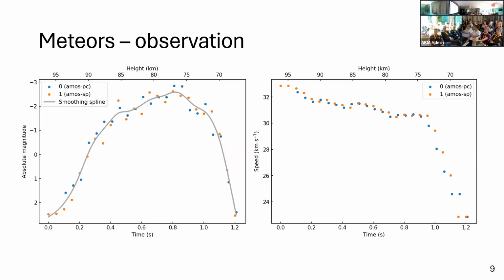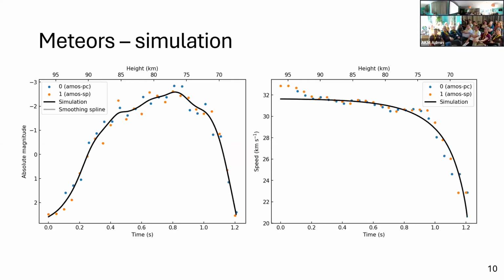So how does the result of the simulation look like? Like this. We have found a good set of physical parameters that reproduce the observation. And as I said, our modification basically works. We have created the light curve that goes perfectly through the observed magnitude. As for the speed,